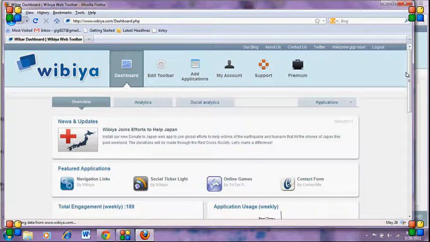So this is just a really quick overview of the bar. Again, there's lots of ways to make it your own. Some people don't like the bars. They find them annoying and distracting, and if that's the case, then don't put one on your site. But if you do think that this is something that would be of benefit to you, Wibia is definitely a great tool to check out,